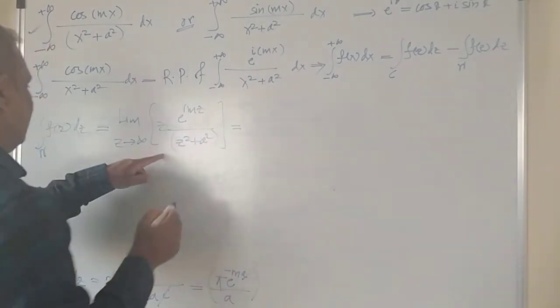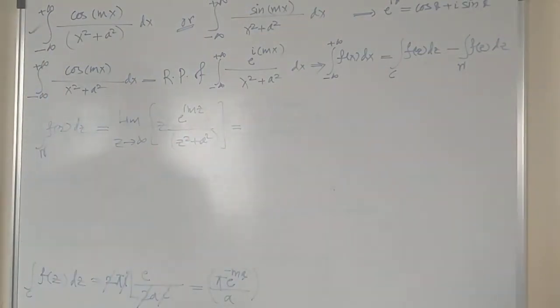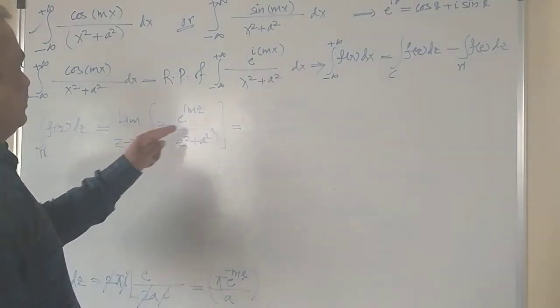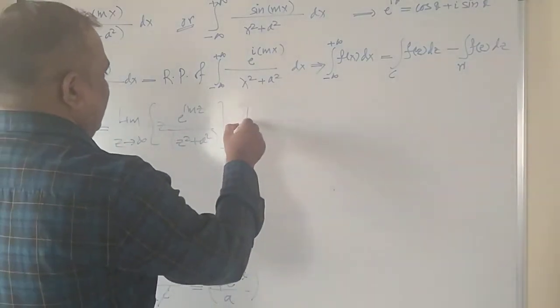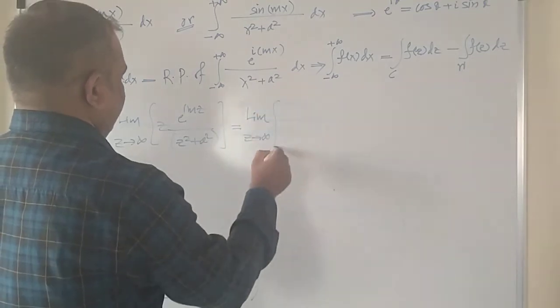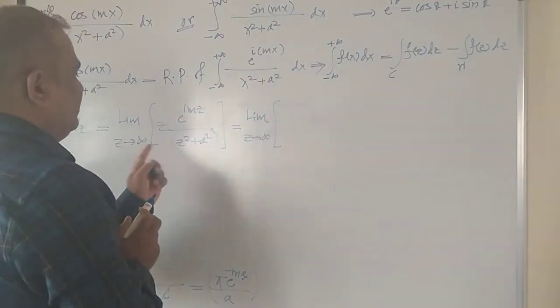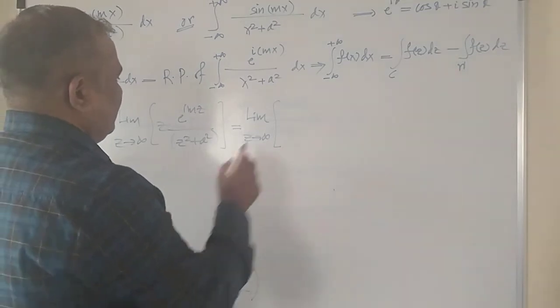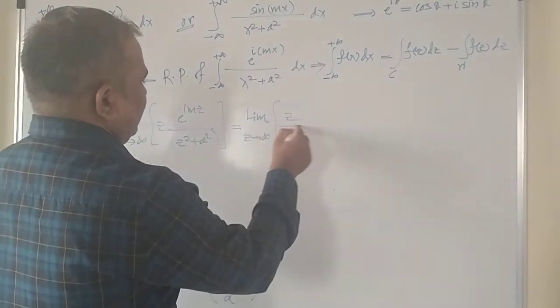If this is equal to 0, that means this gamma integral is equal to 0. So limit z tends to infinity. I can take out z square common, and you will get z by z square